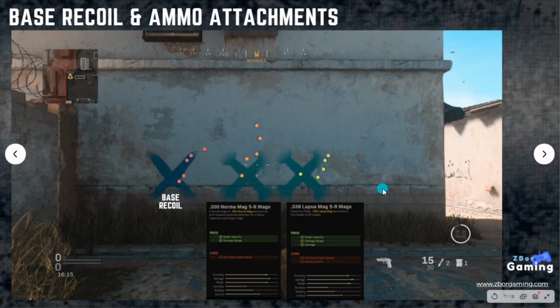So, here are those ammo attachments. So you have those 300 normal rounds. Now, what's interesting here is it doesn't mention anything about the recoil control, but you can see here that it actually has a worse recoil pattern than the base recoil, which is part of a reason not to use this. You want to use these 338. Here you can see it says it hurts your recoil. And it actually looks like it's better than the base recoil. You get a 1 bullet jump to the right, but on the whole,